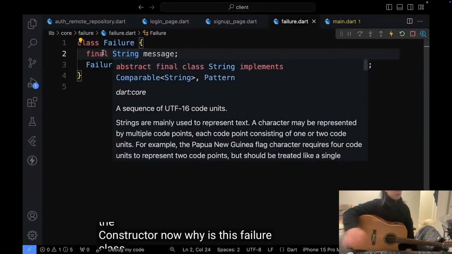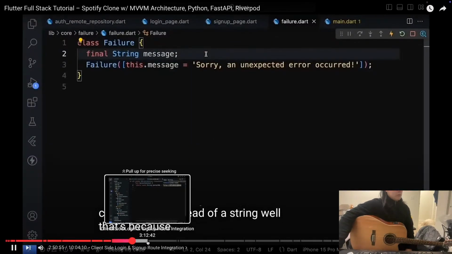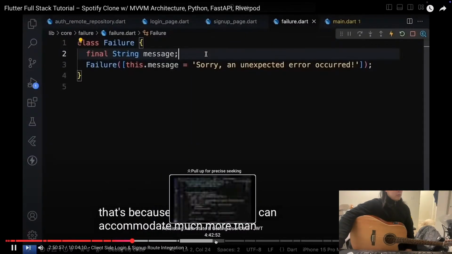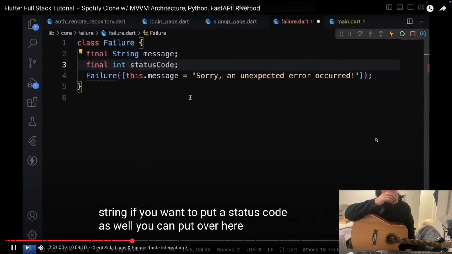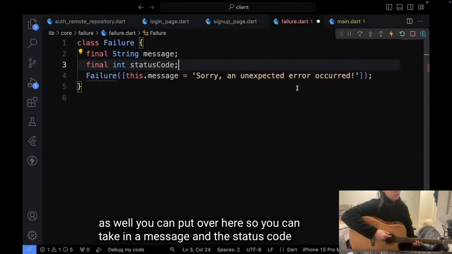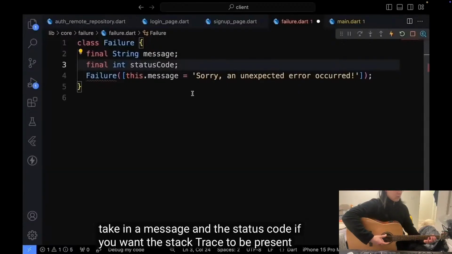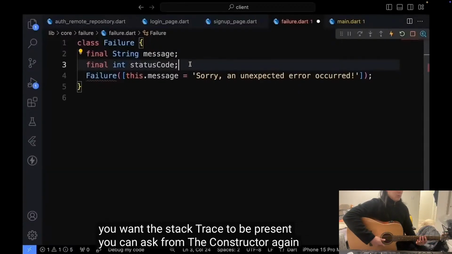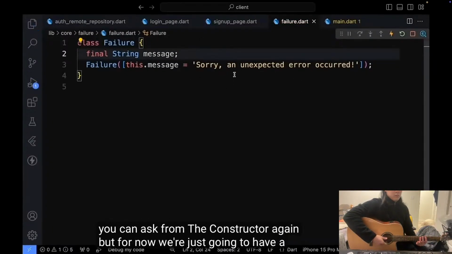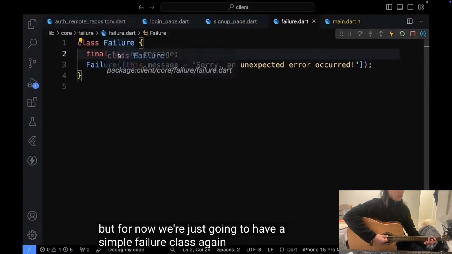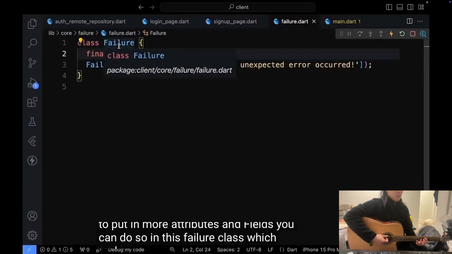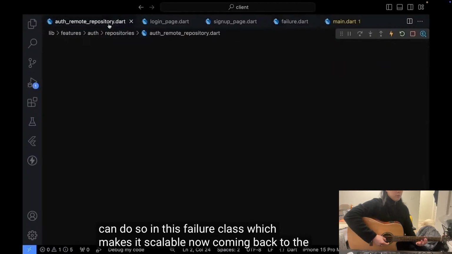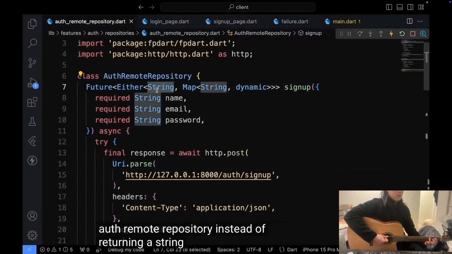Now, why is this failure class needed instead of a string? Well, that's because this failure class can accommodate much more than just a simple string. If you want to put a status code as well, you can put it over here. So you can take in a message and the status code. If you want the stack trace to be present, you can ask for it from the constructor again. But for now, we're just going to have a simple failure class. Again, if you want to put in more attributes and fields, you can do so in this failure class, which makes it scalable. Now coming back to the auth remote repository, instead of returning a string, I'm going to return